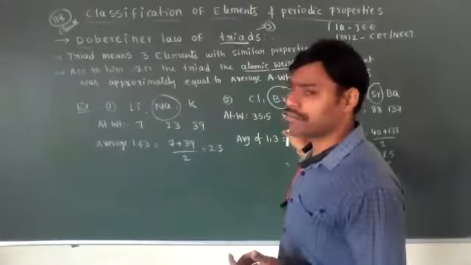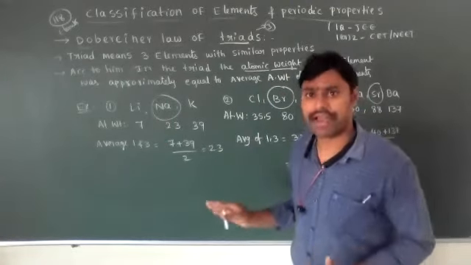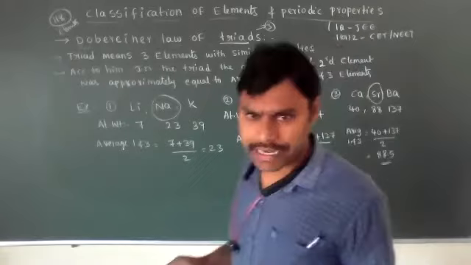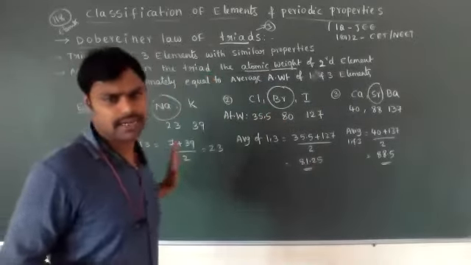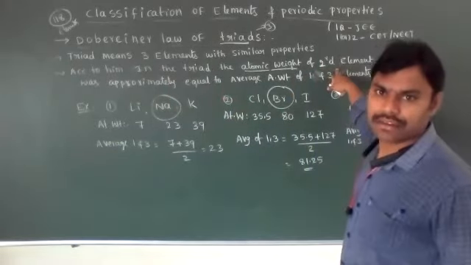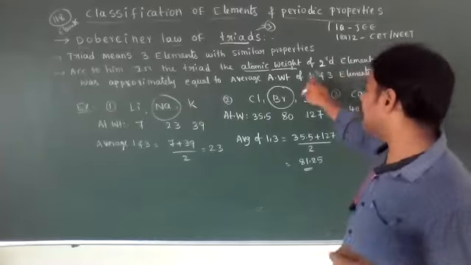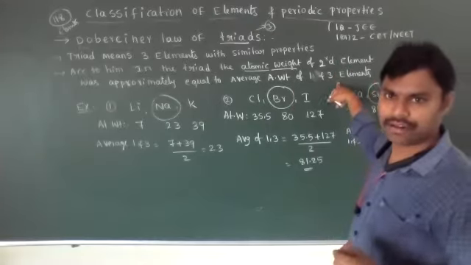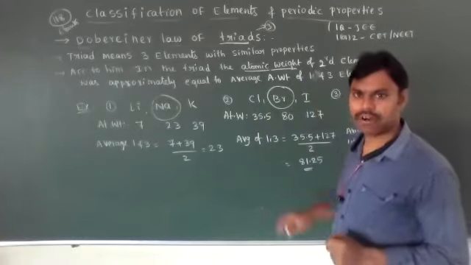So we have to remember. Just two or three examples are presented, so only those we have to remember. If they are asked in any condition, we can answer directly. No need to do calculations also. Understood? Now it is clear that the second element's atomic weight is the average of the first and third. Okay, now let's see one more example.